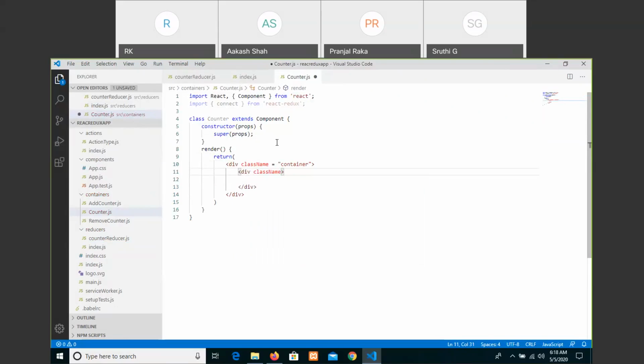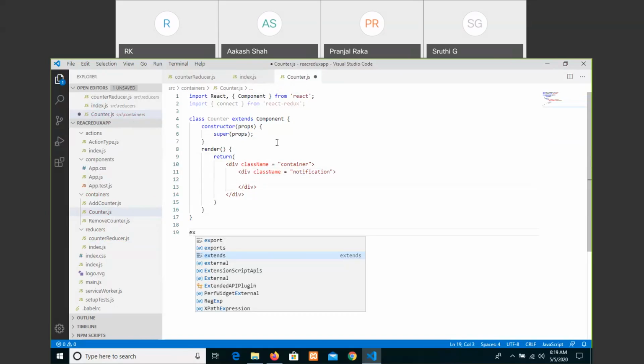Div className equals a simple design notification. Inside this, you are expecting to display that output. That output, how can we get it? From the counter reducer. How?